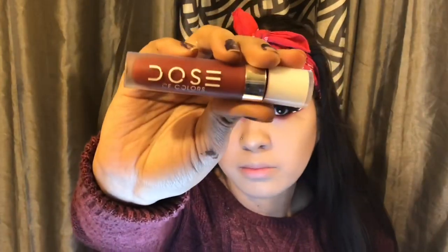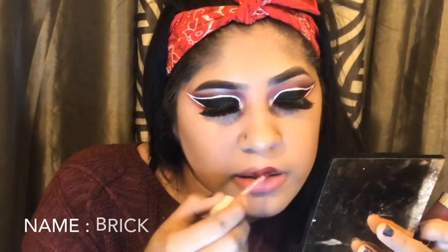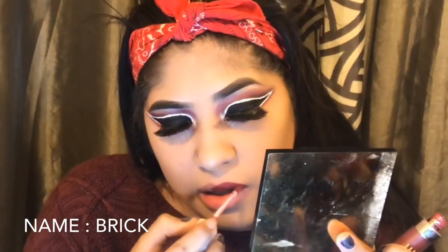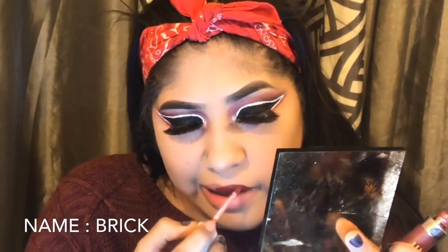For the lipstick, I'm going to be using this Dose of Colors. I don't know the name of the shade, but if I do know it, I'll put it on the screen so you guys know what shade I'm using, but I don't know what this shade is called. So I'm sorry guys. And you guys know that this lipstick is matte, so I really don't like matte lipstick,